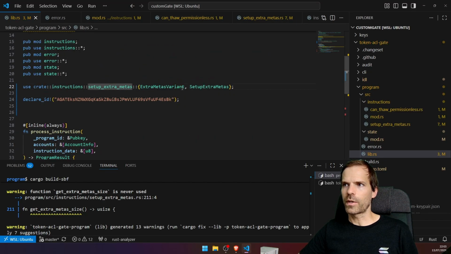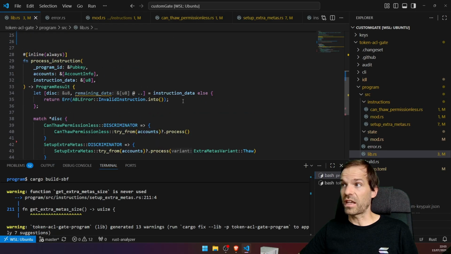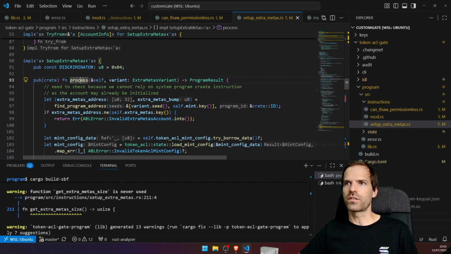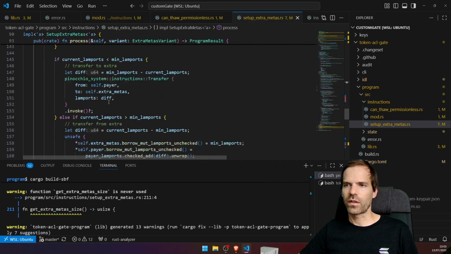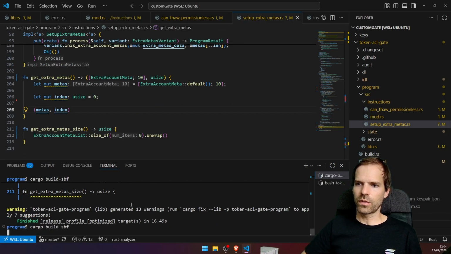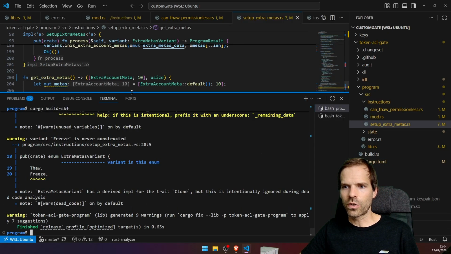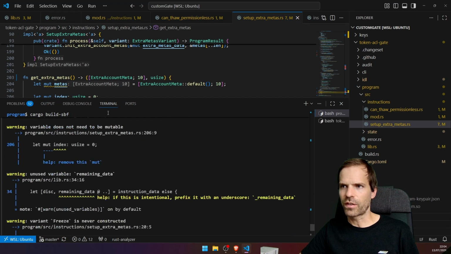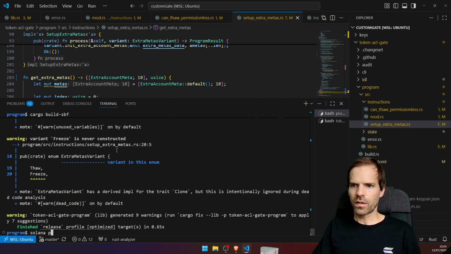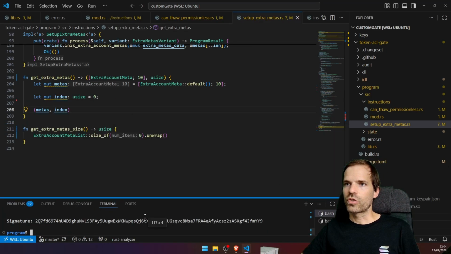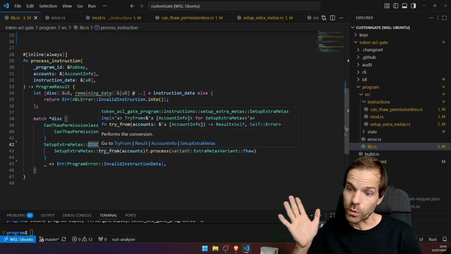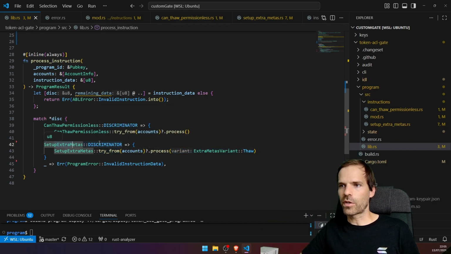Import. Okay. So set up extra matters. I'm importing that extra now. And does it then say that it's actually using it? Yeah, now the process looks like it's actually being used. Okay, perfect. And therefore that is also always used. So let's check that again. Then I don't have those warnings anymore. Cool. Yeah, I know I don't need mute here. That's fine. Okay, deploy this. Solana program deploy, target deploy. Let's go. So my ABL gate program, well, my open fence program does have this setup extra matters, but I